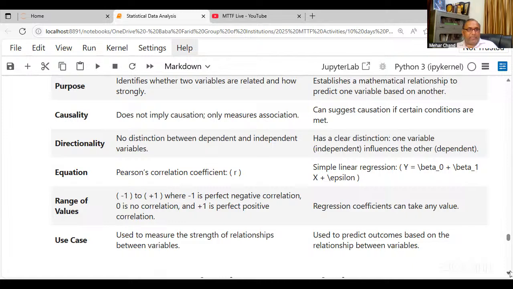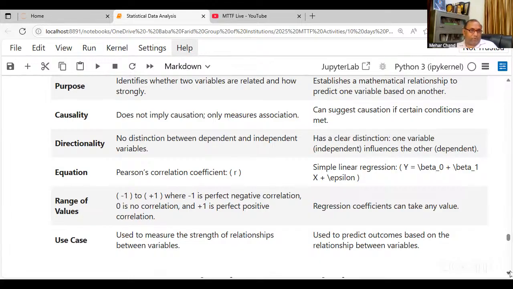And the range of values: in the case of correlation it lies between -1 and 1. We have discussed perfect positive, negative, and no correlation. In the case of regression, the coefficient can take any value. When we have a regression equation, based on the independent values, we can choose any value to predict